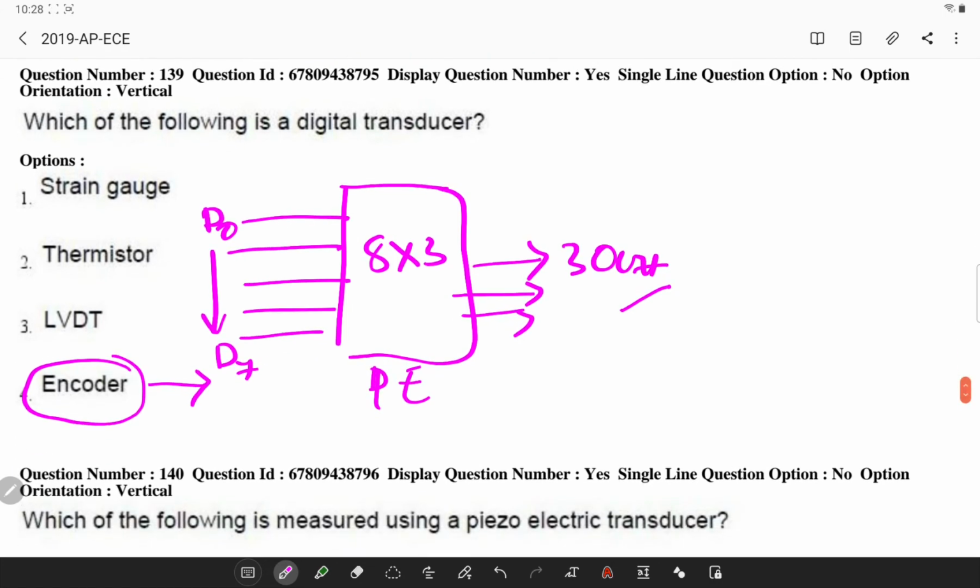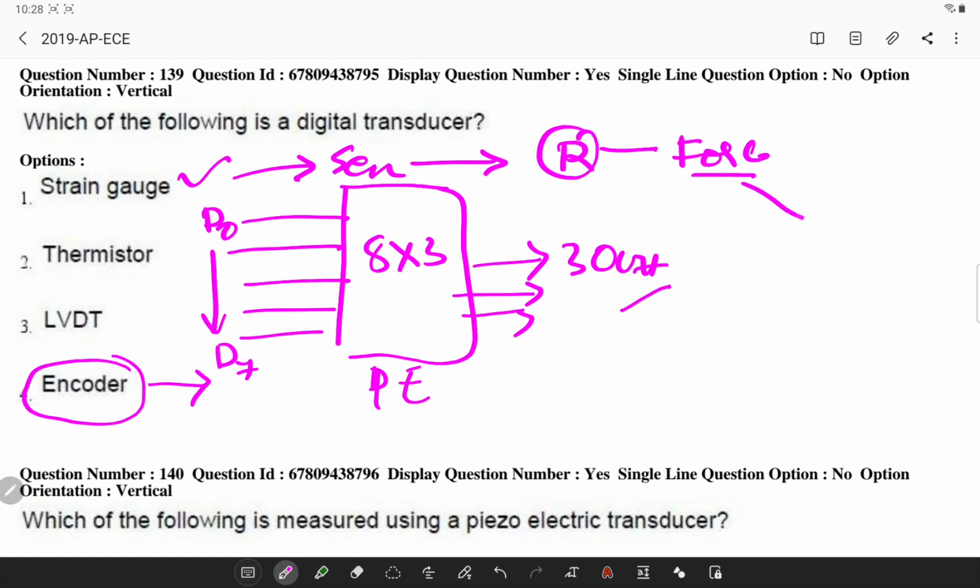Okay. Now what is a strain gauge? This is also a sensor whose resistance varies with force. Now this is basically used to convert force, pressure, tension and weight into a change in electrical resistance. So when external forces are applied to a stationary object, stress and strain are the result.